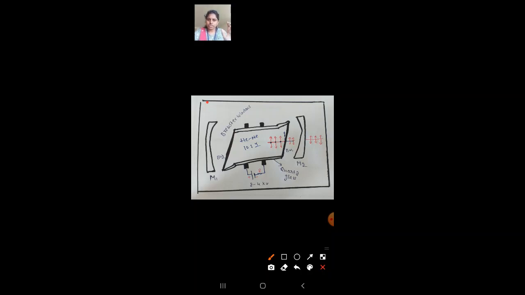The same process follows: the neon atom has some lifetime, and when that lifetime is completed, it automatically falls to the ground state. Again the same process is repeated, and the helium atom absorbs the energy and is excited. This process is a routine process. That's why this is called resonance. Already we know that this is called resonance.